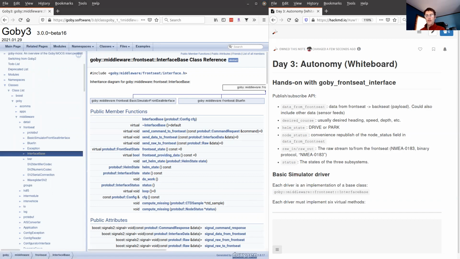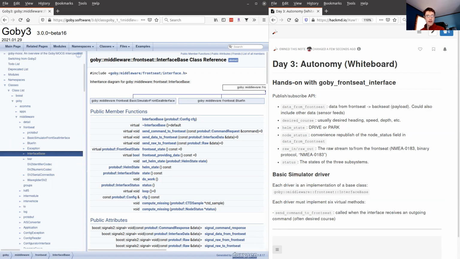And so the first one of these is send command to front seat. And this, as it suggests, is called by the underlying implementation, or the underlying interface base, when there's a command to send. And this is often our desired course.